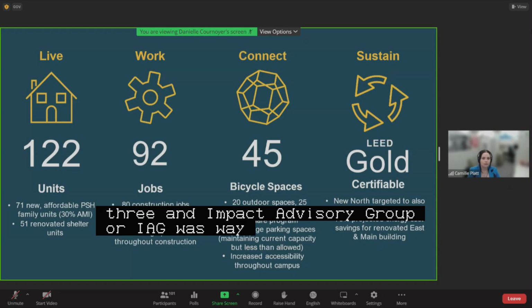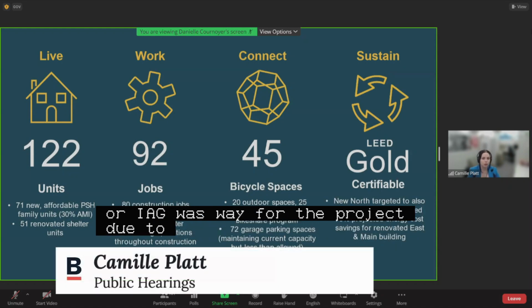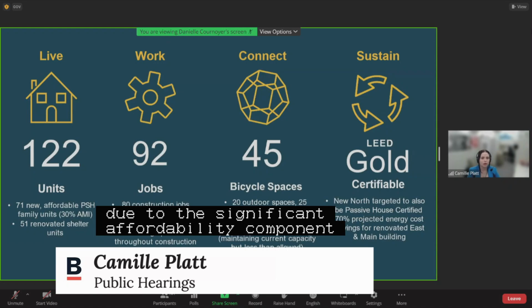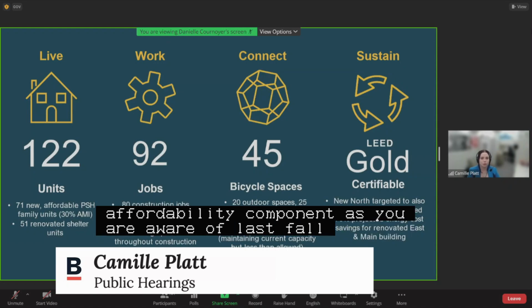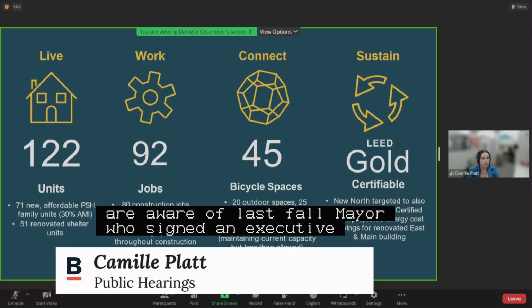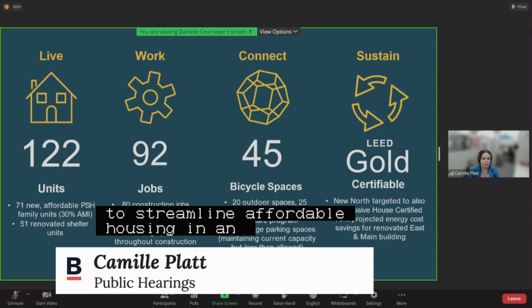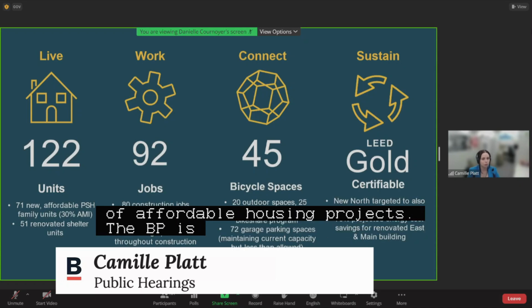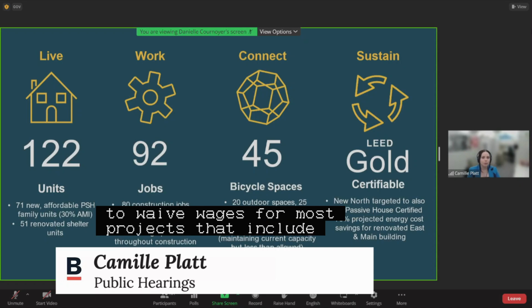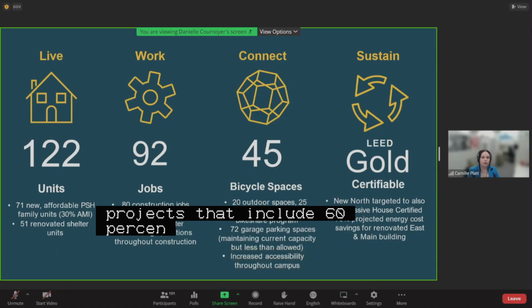As you are aware, last fall, Mayor Wu signed an executive order to streamline affordable housing in an effort to prioritize the review of affordable housing projects. The BPDA's current practice is to waive IAGs for most projects that include 60% or more of their project dedicated to affordable housing. The proposal did, however, undergo an extensive community process, including a BPDA-sponsored public meeting on October 10th of 2023 that was duly advertised and well attended by members of the public,